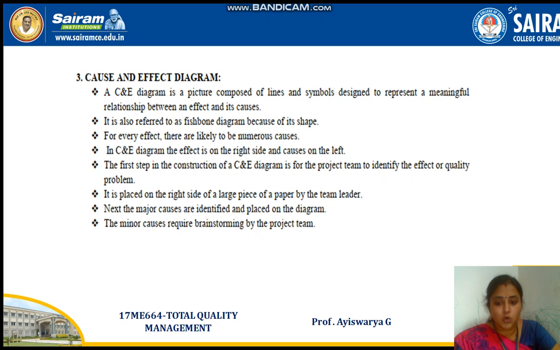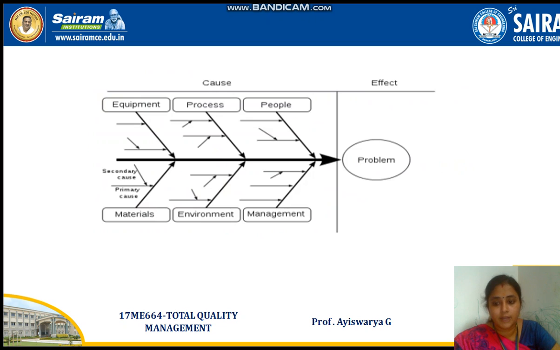So I will show the cause and effect diagram. See, this is a fishbone diagram they will be drawing. Finally, the problem will be mentioned on one side, and they will categorize into left side and right side. What equipment and materials should be used, what process should be followed, what is the environment for carrying out that process, what the people think, and how the management reacts. So everything will be categorized in a fishbone diagram.